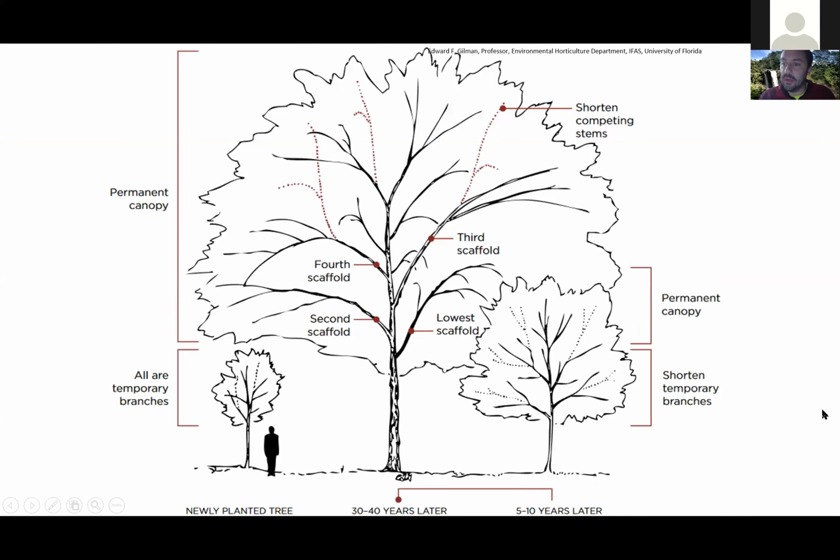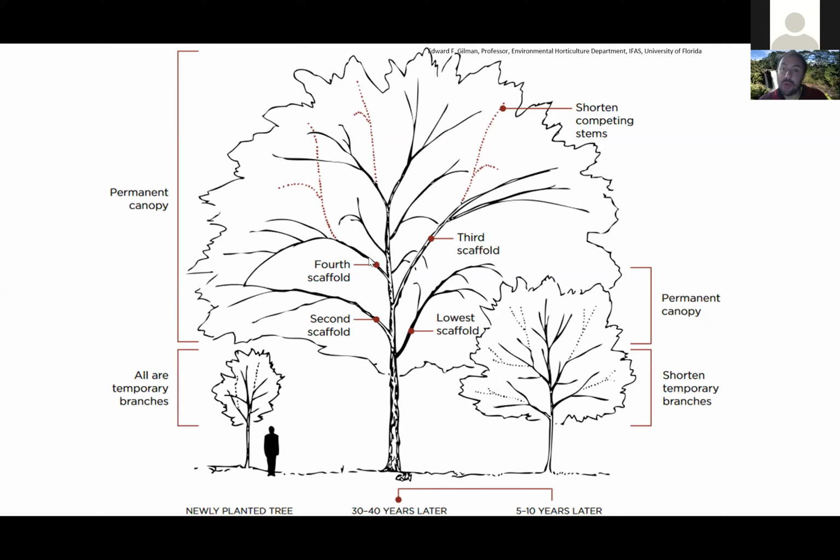So here's a good visualization of that, right? We have a young tree from the nursery that's maybe 10 feet tall. All the branches in that are temporary, besides, of course, the trunk, which is going to be with the tree its whole life. That same tree, as it's aged 10 or 15 years, maybe 15 or 20 years in Colorado, we're going to get a combination of these temporary branches that are still on the tree and some permanent branches that we intend to be on the tree forever. And then finally, the tree reaches 30-ish plus years in age. All the lower temporary branches are removed, and then we have the permanent canopy, these well-spaced branches.